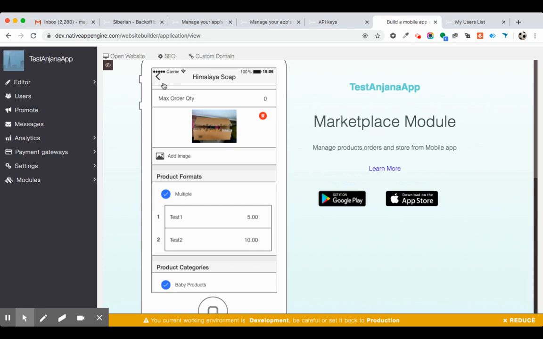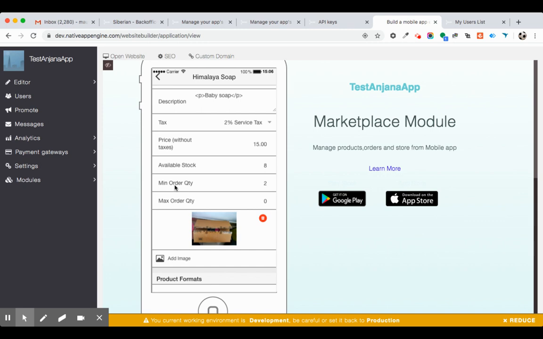One thing to note here is that from the front end, because this is a marketplace module, we don't allow users to create categories. So categories will be created from the editor side. As a marketplace owner, you can create categories, and people can just select the categories that their product belongs to.